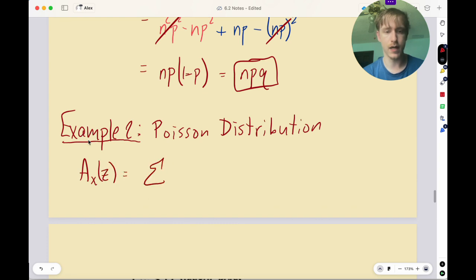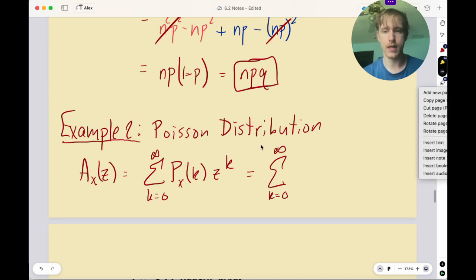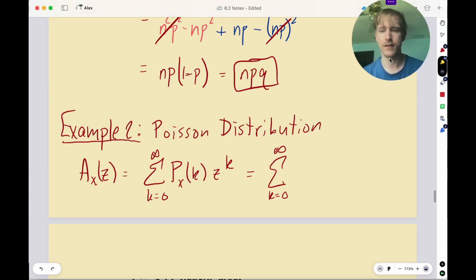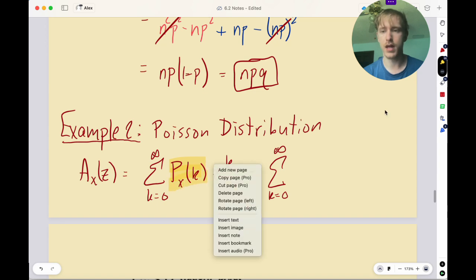So it's going to be the sum from k equals 0 to infinity of the probability times z to the k. Okay. But then, remember the PDF of the Poisson random variable